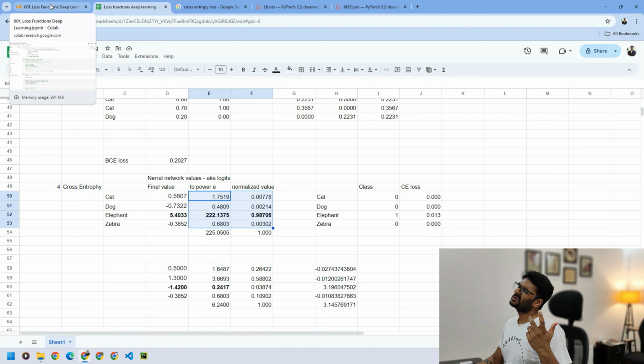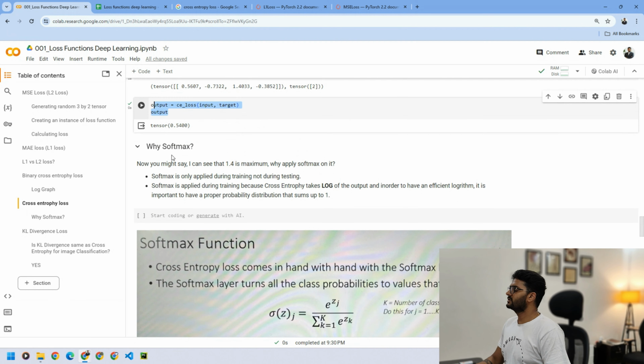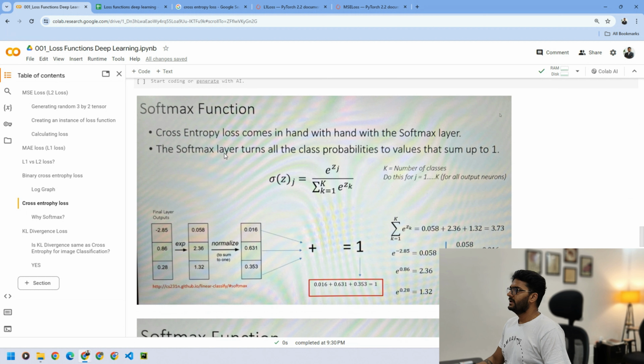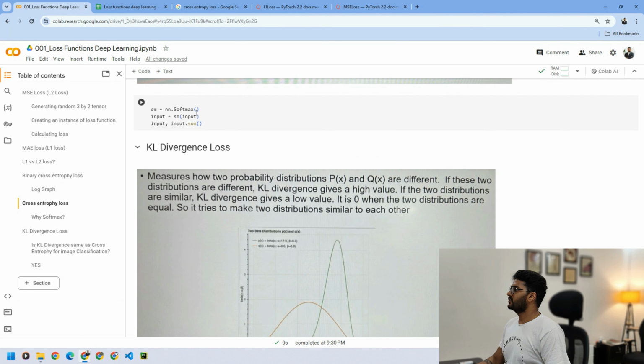Is it called softmax? I'm not sure. I mean, there's a function called softmax that basically does this for you. So if you go back here, now why did we take the softmax? I already told you. It's basically a way of normalizing it and then using the log to penalize the wrong prediction. And there's a softmax function in the NN package. So if I run this,